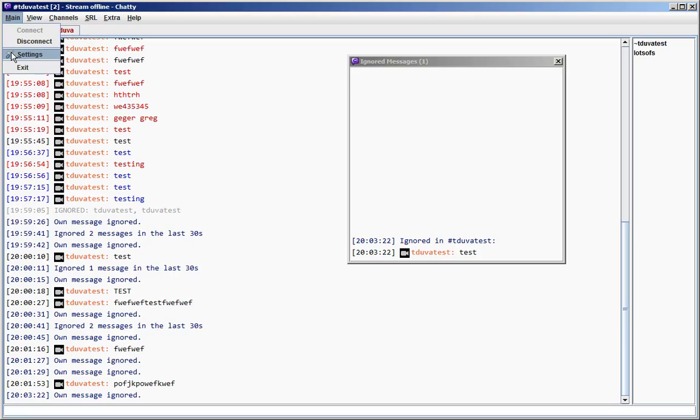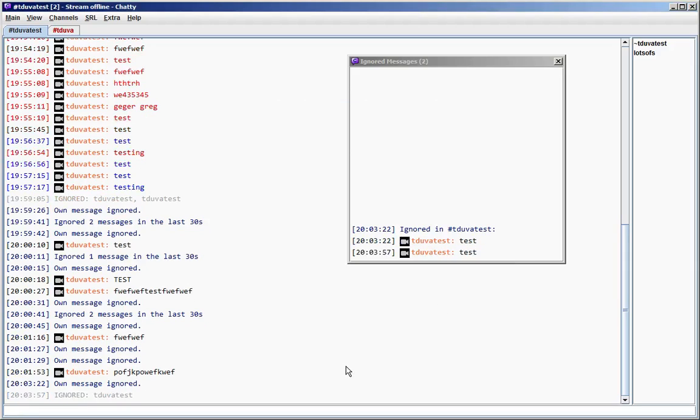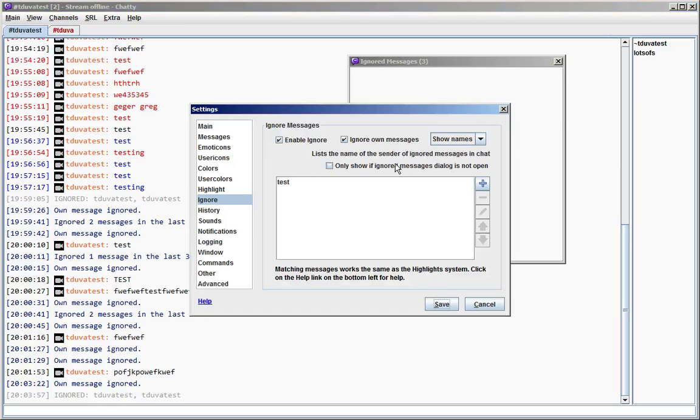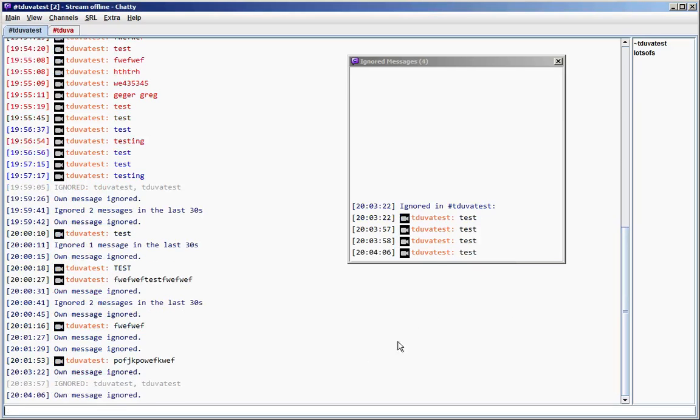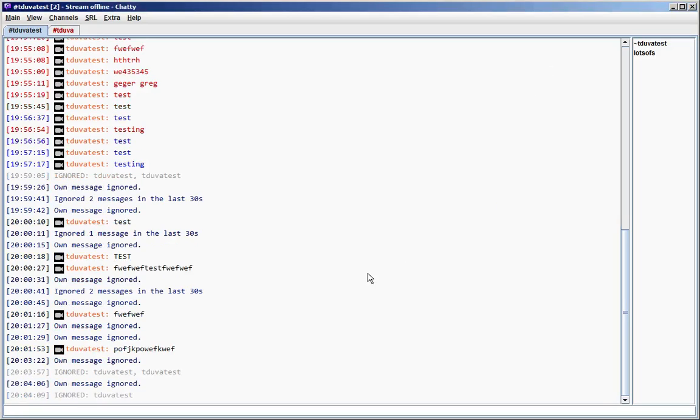That was a bit screwed up, but anyway. You can of course disable this, and then it still shows up like usual. But if you have it enabled and have this open, then it doesn't show up. But if you close it, it shows up.